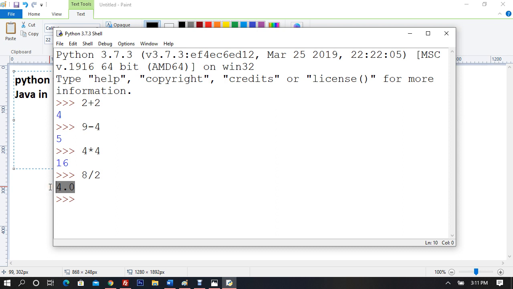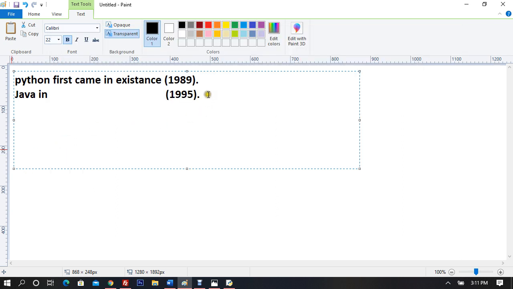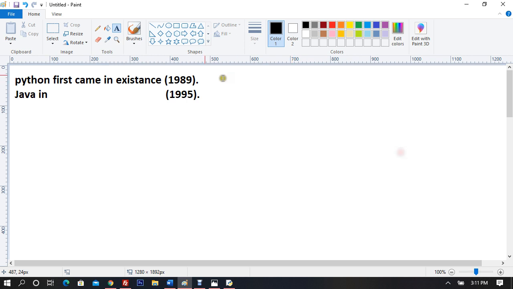Because it is called a floating point value. Float means with dotted values. For example, 5 divided by 2 gives 2.5. That's how it works. And I will tell you about different things right here. Now let me show it to you.